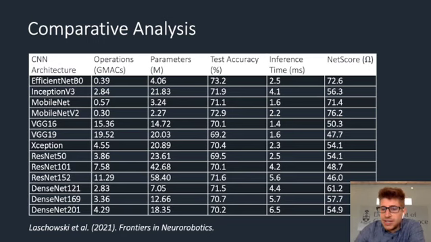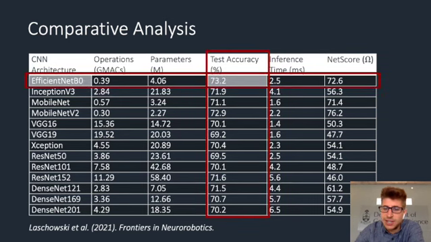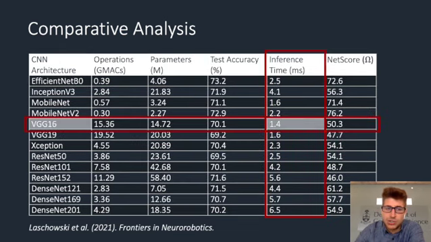So the ExoNet dataset also allowed us to perform one of the first large-scale comparative analyses between different deep learning models on a computer vision dataset specifically for robotic prosthetic legs and exoskeletons. And our analysis showed that the EfficientNet B0 network, which was developed by Google, was able to achieve one of the highest overall prediction accuracies. We also showed that VGG16 is able to achieve the fastest inference time, which can be important for real-time control.